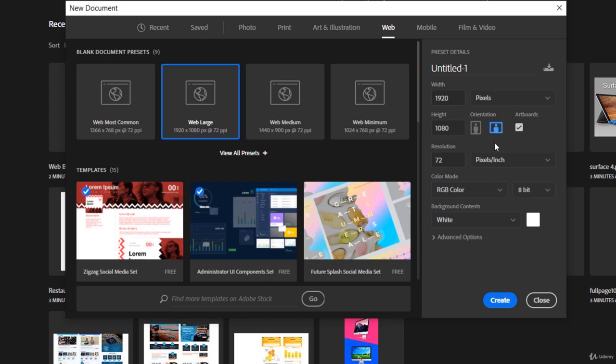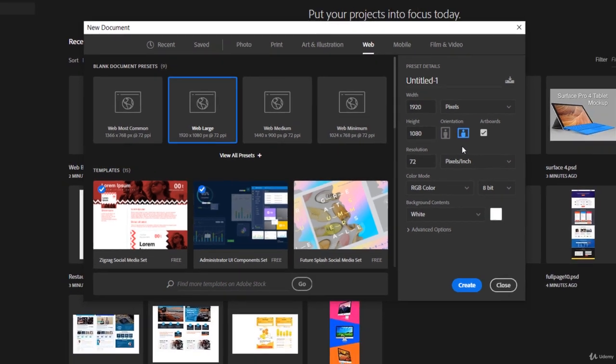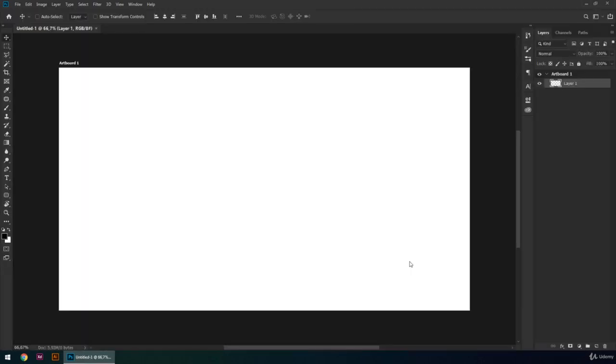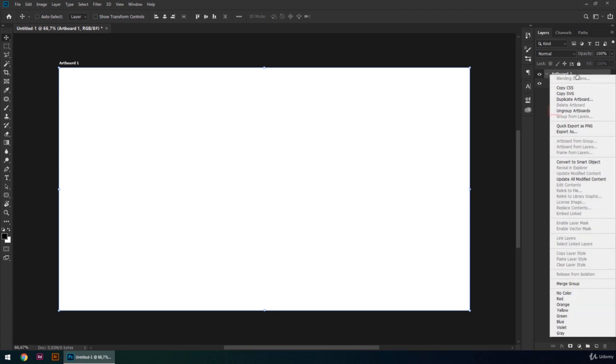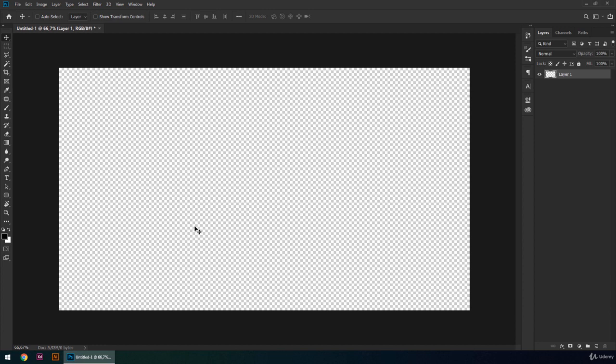There's a separate, in-depth lecture about Artboards, but here I just want to show you how to disable it, just in case you leave this box checked. I'll hit Create, and now we'll get this blank project. You can tell you're in Artboard mode by checking the Layers panel. This label also gives it away. If you want to get out of this mode, go to the Layers panel and right-click it. From this list, choose Ungroup Artboards. Now you're back into the regular Photoshop mode that's been the default for years. That's how you create a new project.